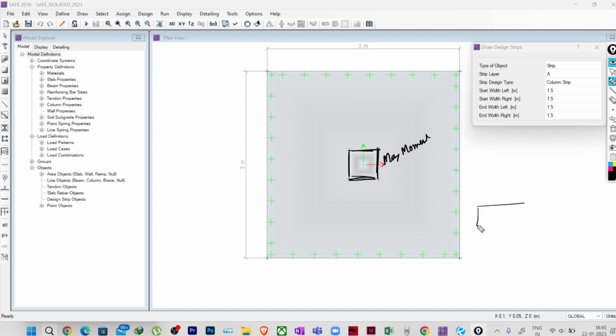Like if you see, this is my footing, this is my column, here I have the soil, so the load is coming on this. It will be going like this, right? So it will be kind of a cantilever effect from here. So at this section we will be having higher bending moment, right? That's why we will draw a strip like this,